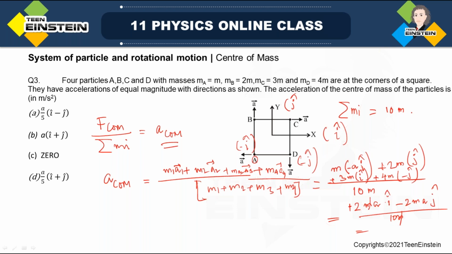So this m will be common, so this will give you 2a by 10, that means a by 5. So a by 5 (i minus j), this first option will be the correct answer for this question. Okay,